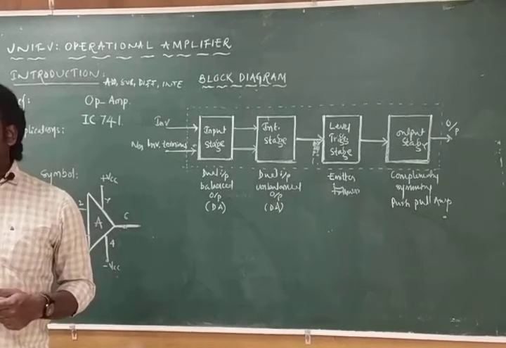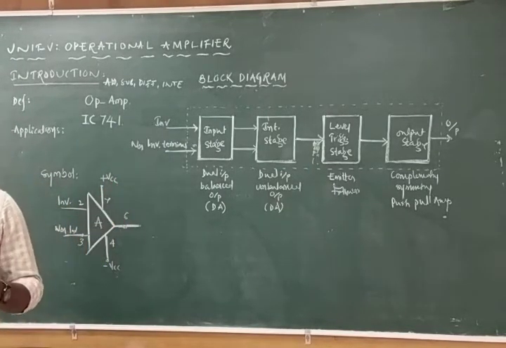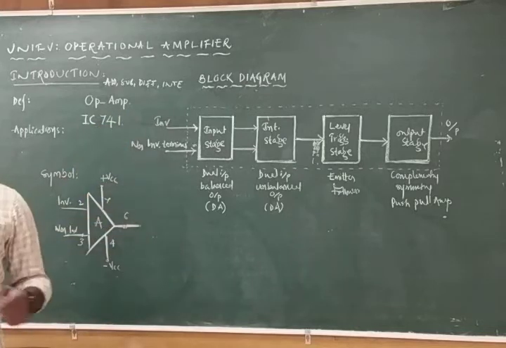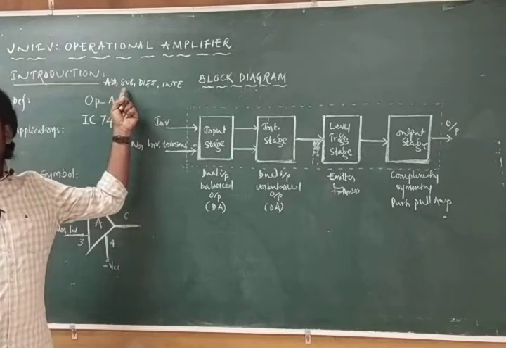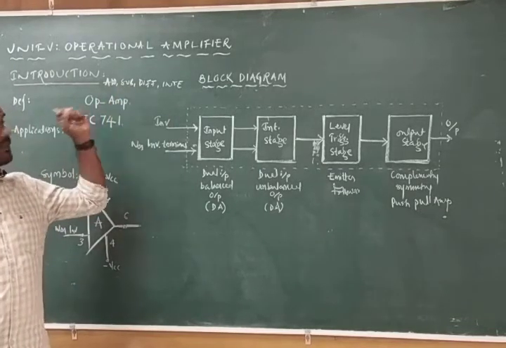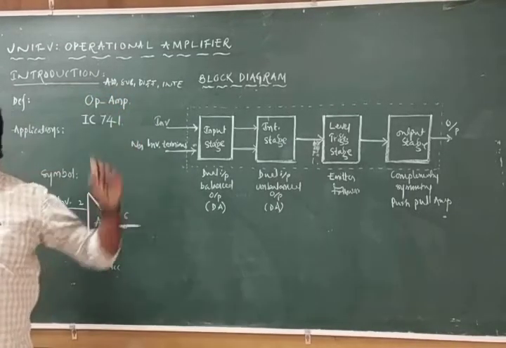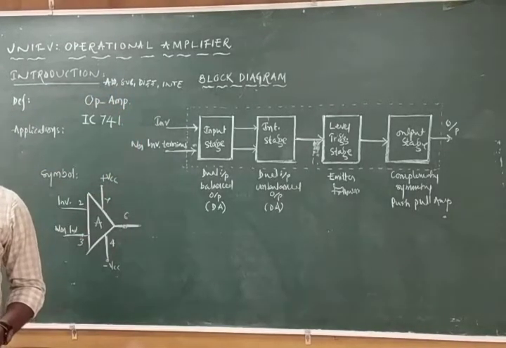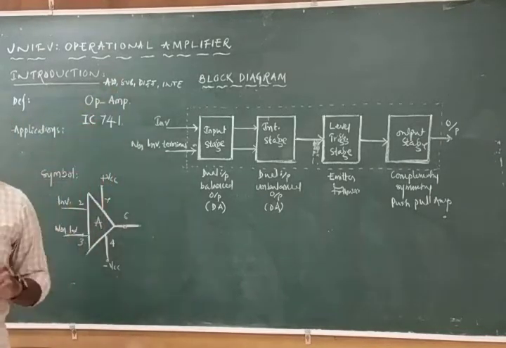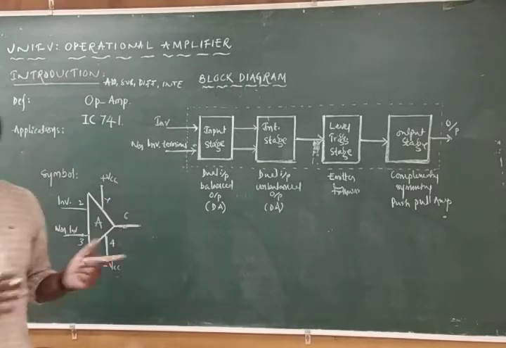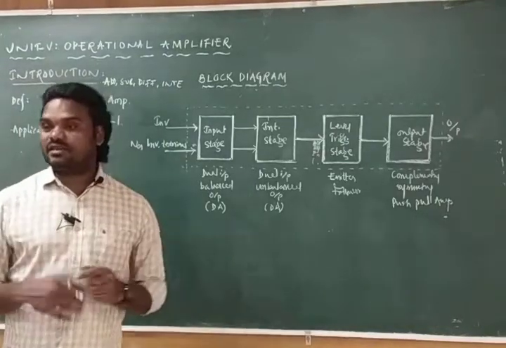In what form do we get this op-amp in the market? In the IC. The IC number is IC741. And by using IC741, what applications can we get? It can be used as an adder, a subtractor, a differentiator, and an integrator also. When it was invented, it was purely designed to accomplish these four functions only. Later on, its applications were extended to make some other functions.